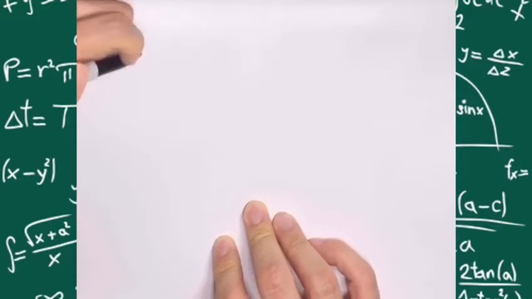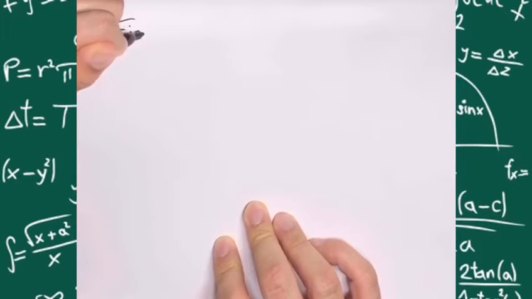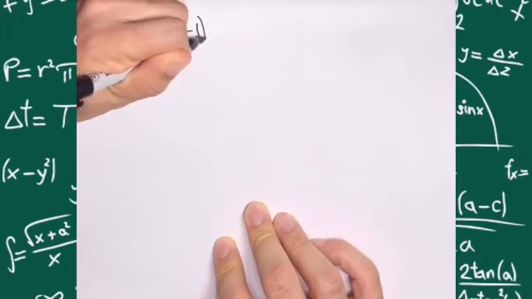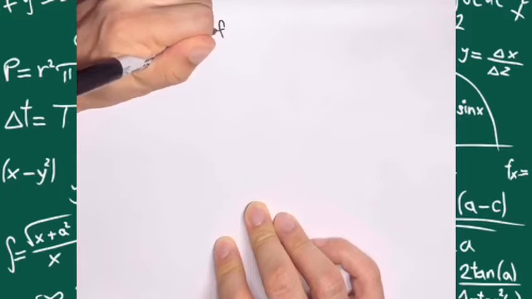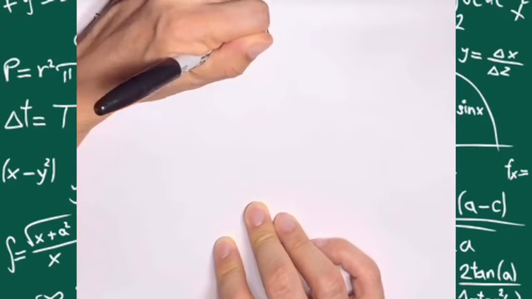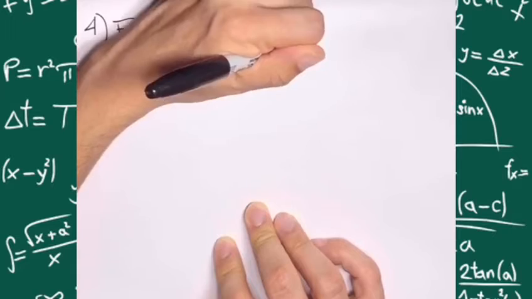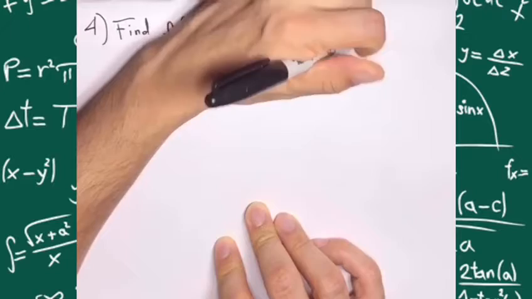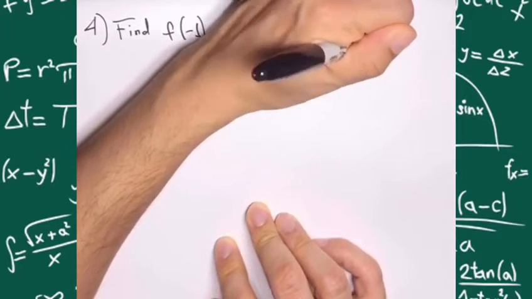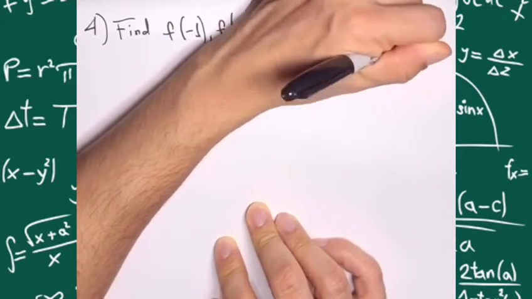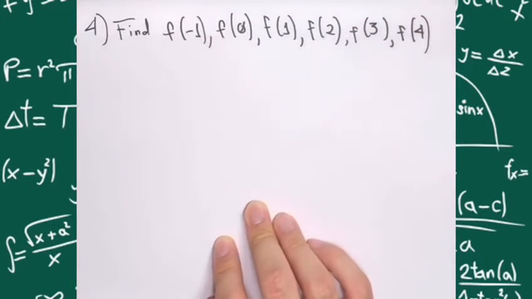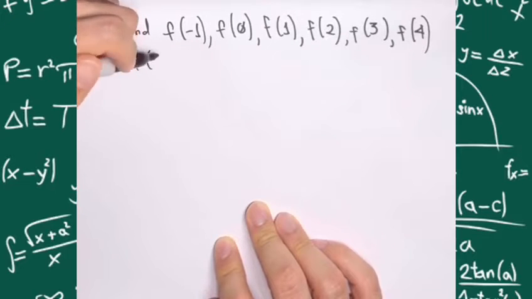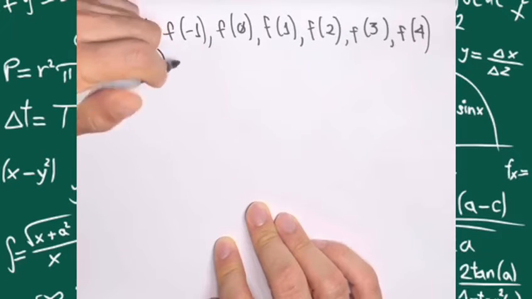Everyone. The next exercise on our list is going to be a very simple representation of function values. And when I say representation, it's just going to be an analytical resolution of the x variable into the function. We're not going to be doing too much graphical representation. We're going to do that in another video way down the road. But for now, the problem being thrown at us is we have a bunch of values, -1, 0, 1, 2, 3, 4,